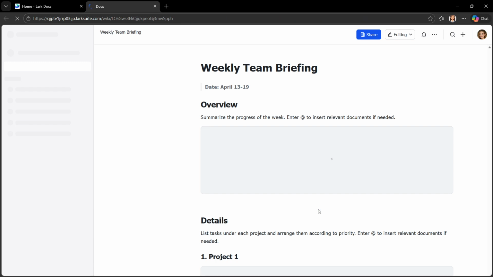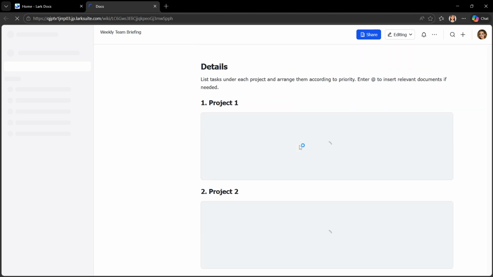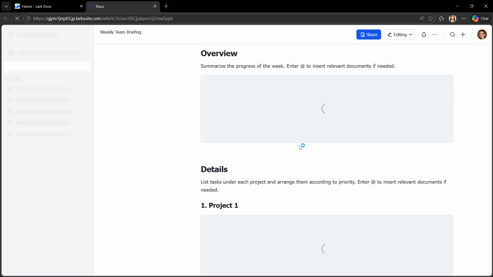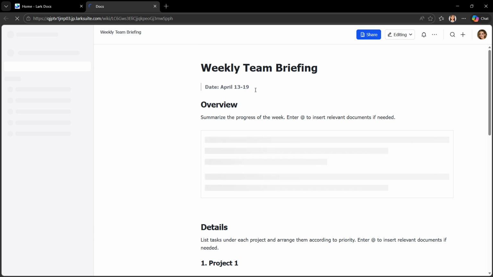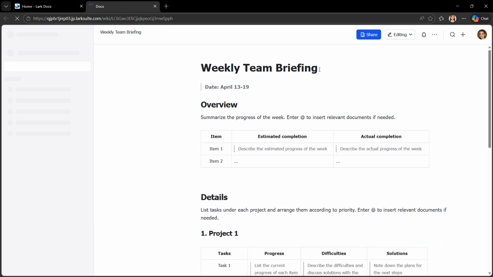Enter the task details. Start with a clear, action-oriented task name so everyone instantly understands the goal. Assign the task to the right person by selecting an assignee. This links the task to a teammate and helps with accountability. Set a due date using the date picker. Picking a specific date makes planning easier and keeps your schedule realistic. Finally, set a priority level, like high, medium, or low, so it's obvious what needs attention first.